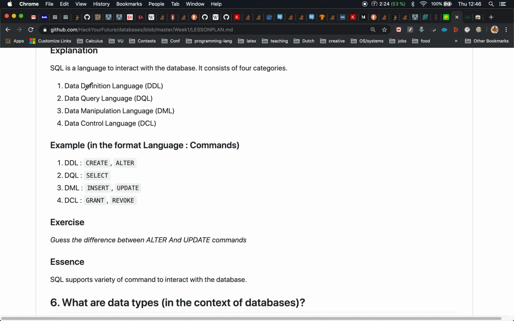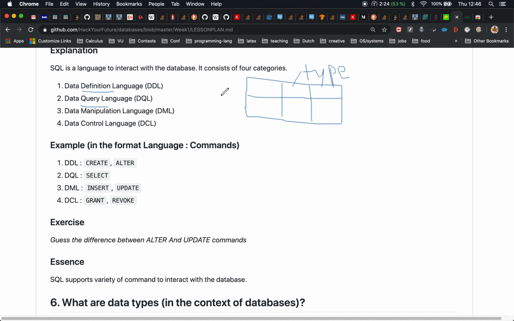Now, data definition language defines the data, and more precisely, it defines the data structure, how the data looks like, how many rows, how many columns, what are the types of the columns, and so on.